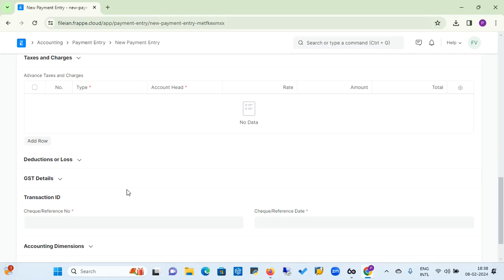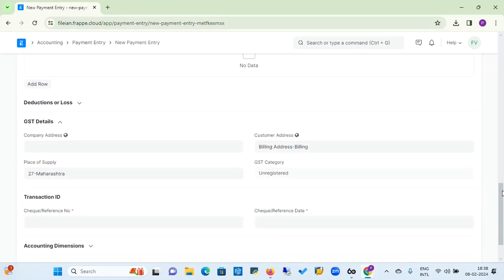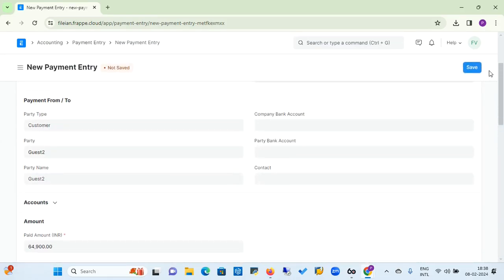Now under the GST details section, you will get the GST, the place of supply, or any other company or customer detail, billing address, everything. Once you check all this data, now you are going to